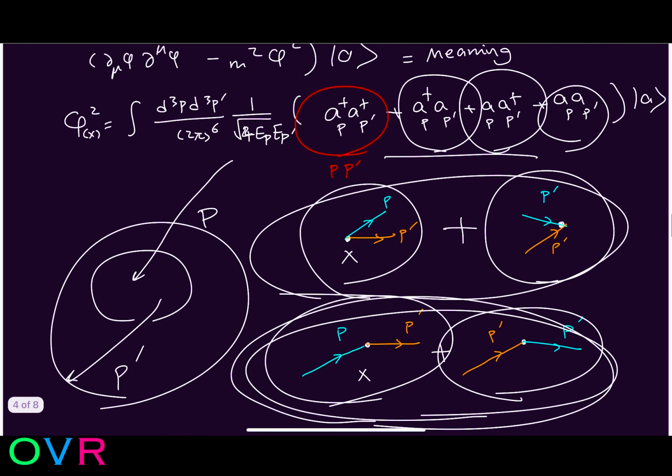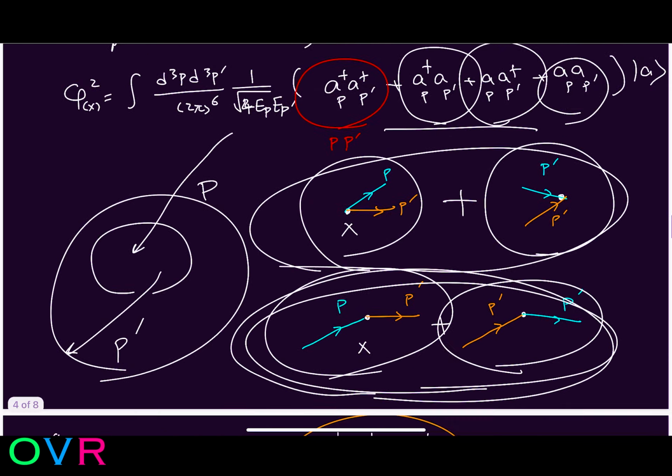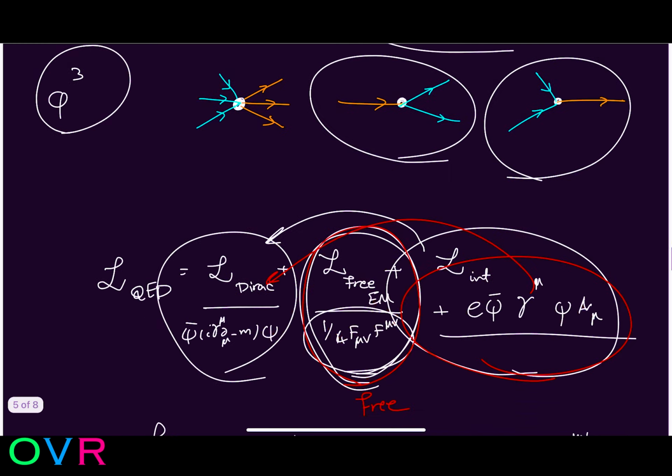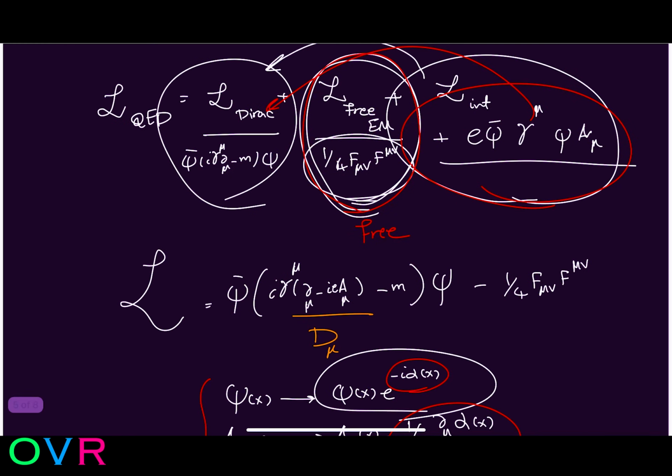And then we talked about the meaning of this phi squared, phi cube. These are different interactions, different creation and annihilation. On the other hand, any complicated thing is only translated to the language of creation and annihilation. And it's the whole point of quantum mechanics. It's not a complicated thing happening at one point of spacetime. Something goes in, something comes out, and you want to see what's the probability. So we have different interactions. Probably the most important one for the